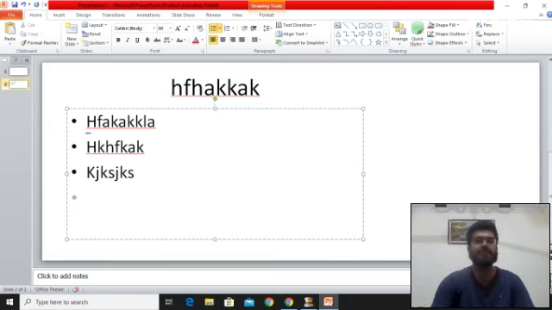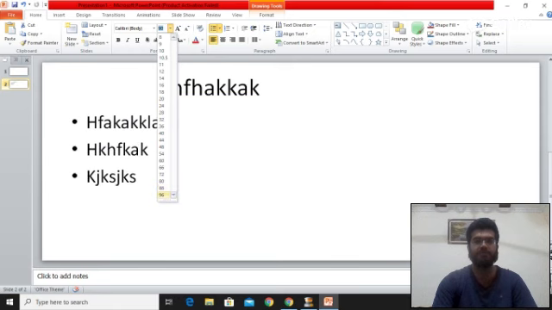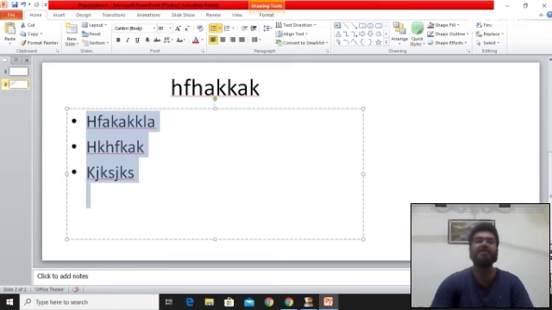Now in order to make this more easily visible for the viewer, you can increase the font size as much as you want. So just keep your slides confined to a few points on every slide. Do not add many points.